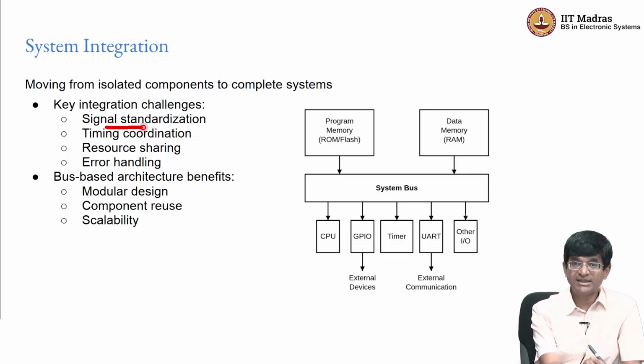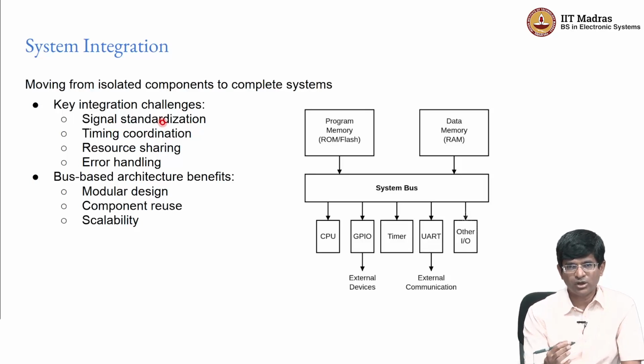There are problems such as signal standardization, which on the one hand could be electrical signals, in terms of what kind of voltages and so on to use, but the other could be something like what are the control signals. In other words, how many bits should the address bus be, how wide should the data bus be, should I be giving a read enable, write enable, chip select, what are the different kinds of signals that are required, right? So, this standardization of these signals across the different CPUs as well as peripherals that we are trying to communicate with is important.